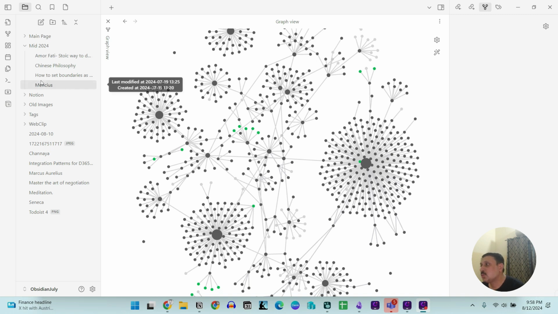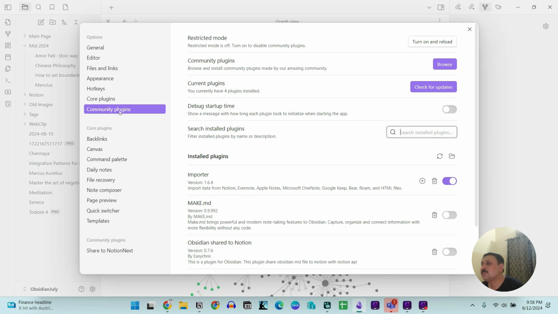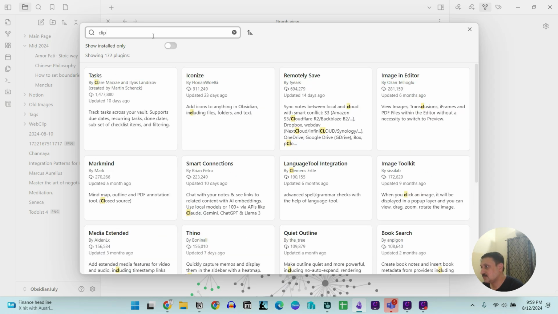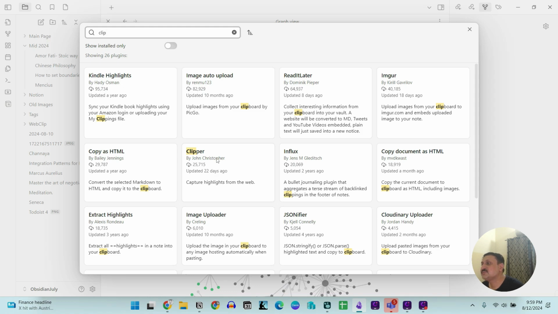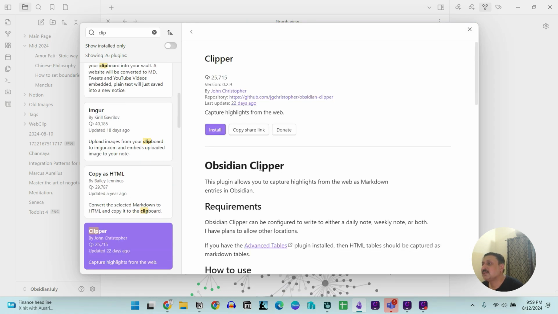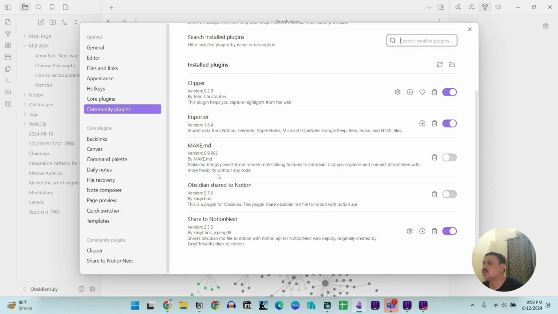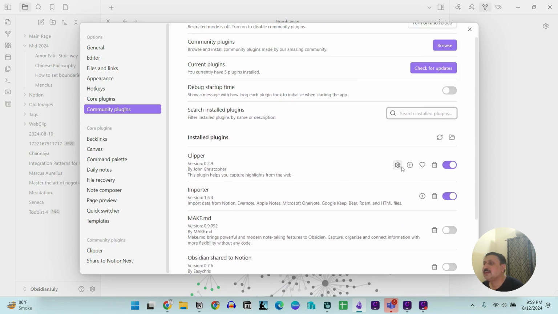So if I go into settings and then go to community plugins and then click on browse, here you have to search for clipper. This is the clipper. And how can you install it? First of all you have to install the clipper, right? You have to enable it and then close it and then go into web clipper,